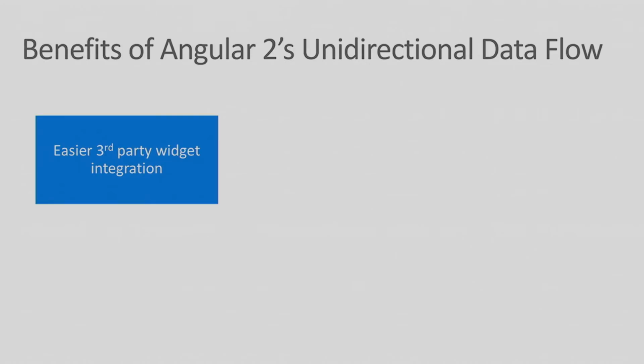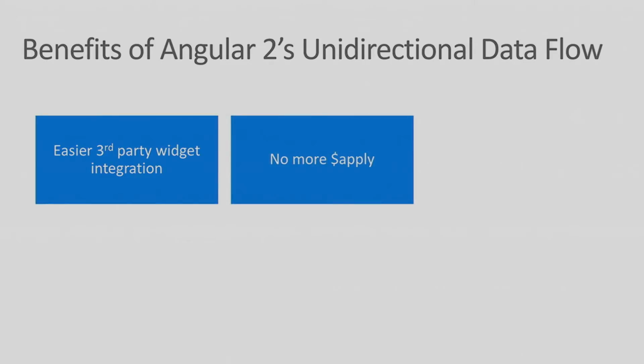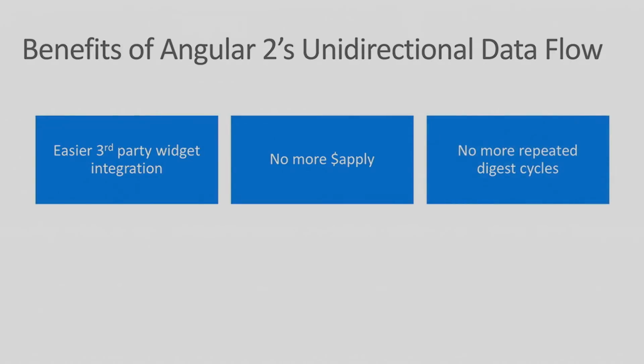So the advantage of this unidirectional data flow is, if you've ever integrated a jQuery UI widget or anything with Angular in the past, with Angular 1, it's not fun because after you pulled in something from some other library, like jQuery UI or Kendo, you'd have to run the digest cycle yourself because Angular didn't see it. Don't have to worry about that anymore. You can integrate with any third-party widget library now. No more $apply, which is the function you call to say, OK, now that you integrated with somebody, call apply so I can see it. Doesn't exist anymore. No more repeated digest cycles.